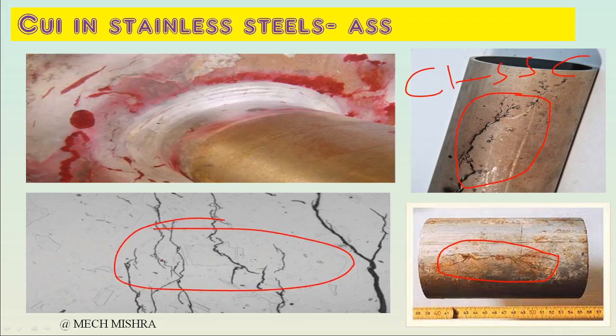So the first line of defense, what we can do, we have to provide a stainless steel or aluminum foil cladding over the piping. Means first insulation, then cladding, then aluminum foil. And nowadays one more layer of defense has been provided, that we need to provide coating, means painting on SS. If temperature allows, then we need to paint also to avoid CUI in austenitic stainless steel.